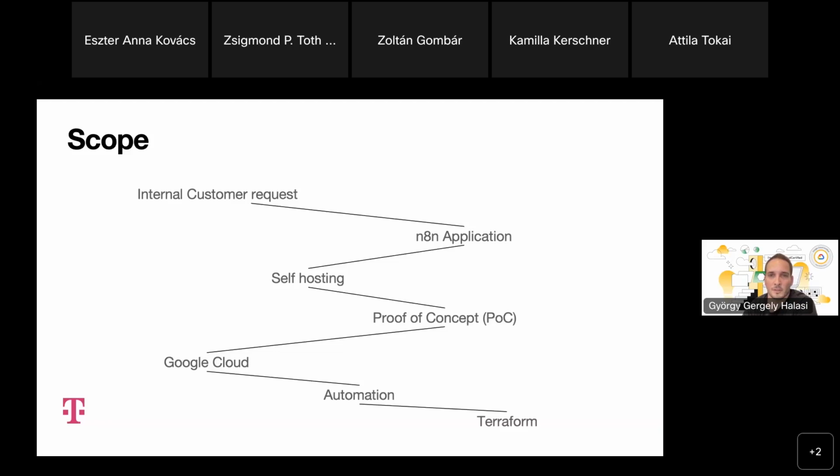But after reviewing the documentation, we obviously realized that it's a workflow automation tool that can be hosted on any of the hyperscalers. Even N8N, as the company, provides a paid service that they are hosting on their infrastructure, but we decided to self-host it. So we created a proof of concept out of this idea, and the Google Cloud team won the opportunity, as